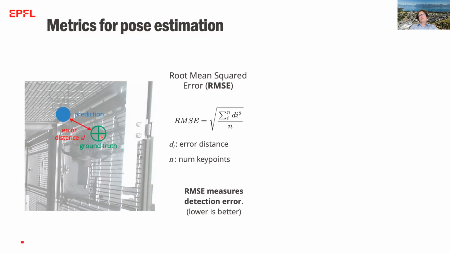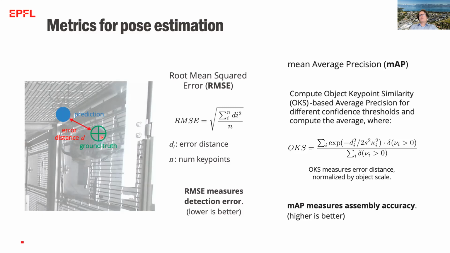However, RMSE is not measuring how well your algorithm would actually group correct key points in one animal, in other words, assemble the animal correctly. For this, people use a metric called mean average precision, or MAP in short. And MAP is an average of the OKS metric, or object key point similarity, where what one does is one takes